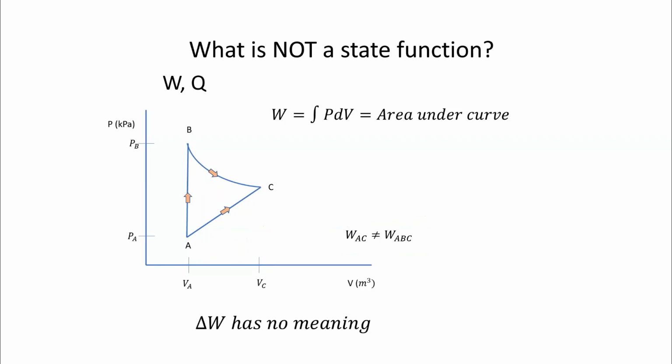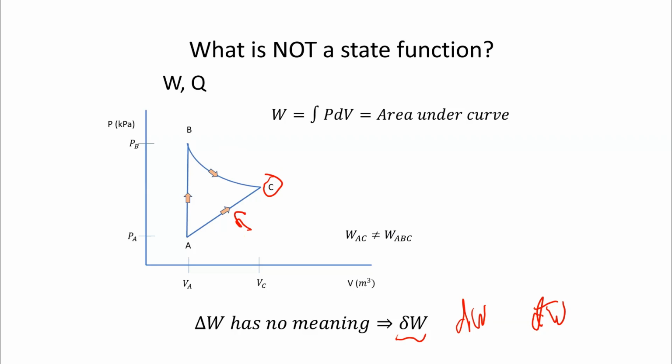That means in some sense delta W has no meaning. There's no work at C, there's no work at A. I can't say the work at C minus the work at A. This is nonsense. And because it's nonsense, sometimes you'll see it written in a funny way. They'll write a delta W with a lowercase delta instead of dW. Sometimes you also see this written as d-bar W because it's an inexact differential. This is just our way of reminding people, hey, this is not a property of the system that you can measure. It's a property of a process, not a property of the system at any given point.